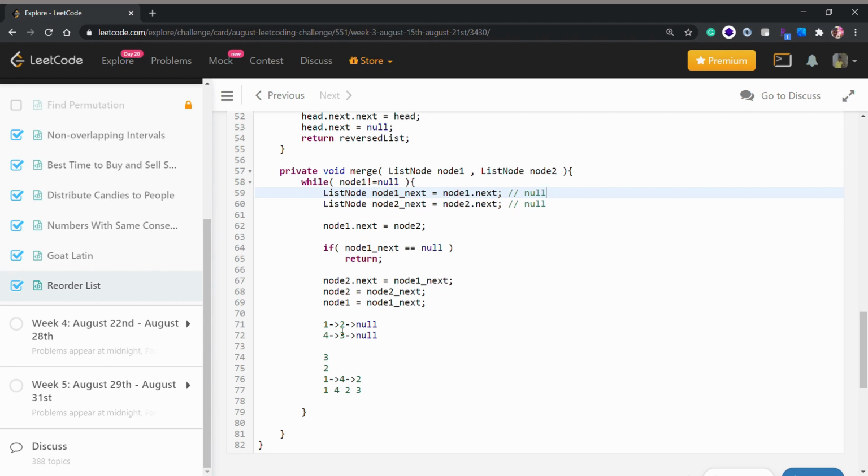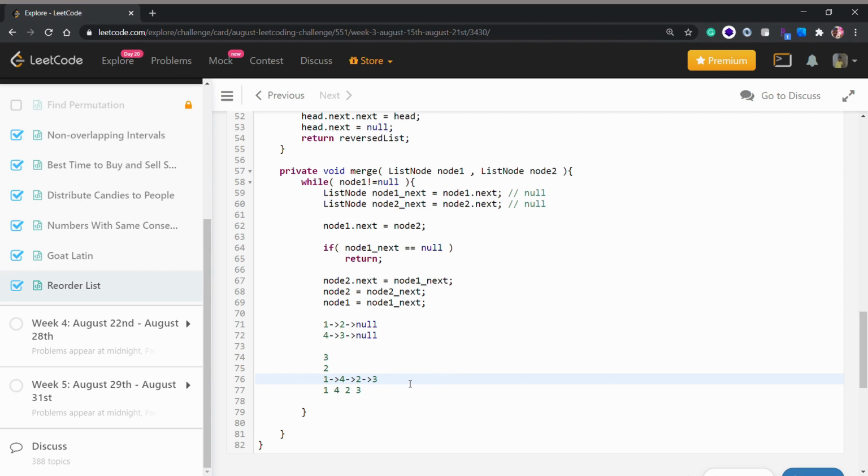Node 1 points towards 2 and node 2 is pointing towards 3. So since node 1 points towards 2, our 2 dot next will become node 2, which is 3. So it will complete our program and it will just do what we want it to do.